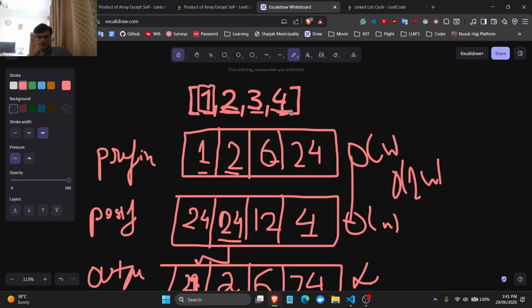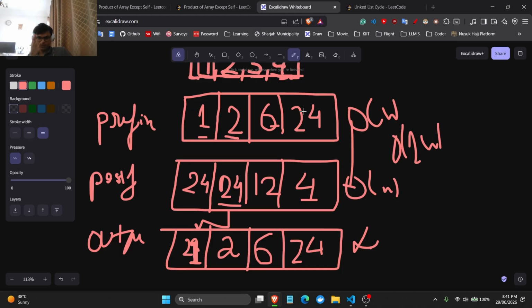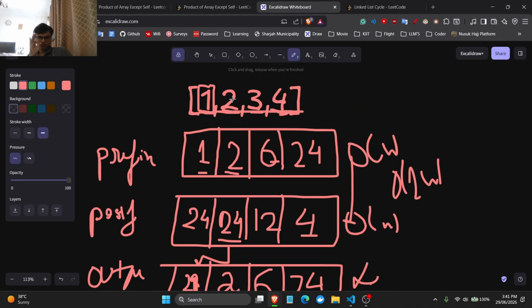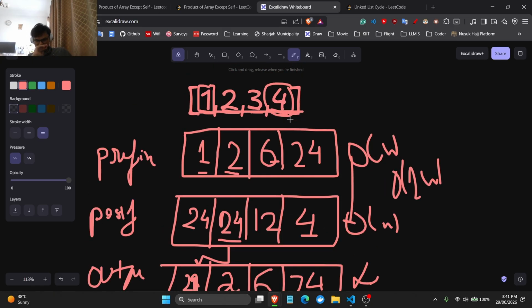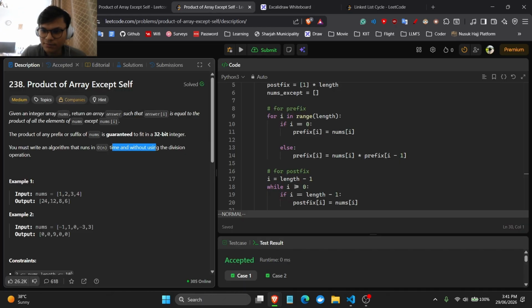Now if I go backwards, 4. So we know 24 means up to everything included, including 4. So 3 to the 6, 6 to 24 higher. And if we have 4, then technically we can use the division operation to just be like, oh, I'm going to divide this, but I can't do that. So okay, let me just watch the video. I feel like I should be able to figure this out.